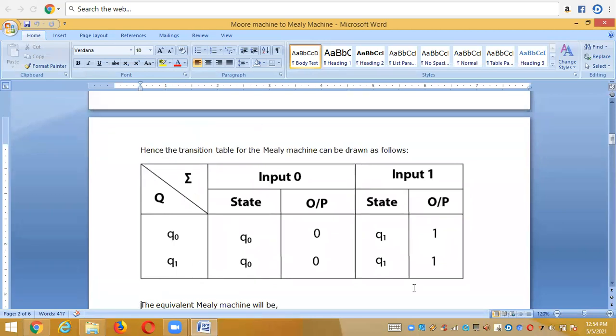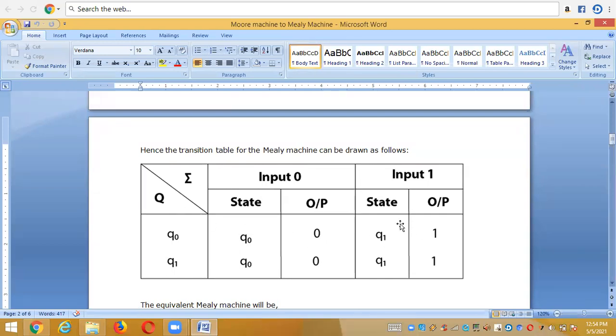How can we say that it is an equivalent Mealy machine? For the current state with the current input, we have its output symbol also. That means the current state with the current input alphabet has its own output alphabet, right? For example, when we check finite machines, the acceptance process is that a state with an input goes to a state, but here the current state with the current input goes to the next state along with its output alphabet. And then this can be called a Mealy machine.